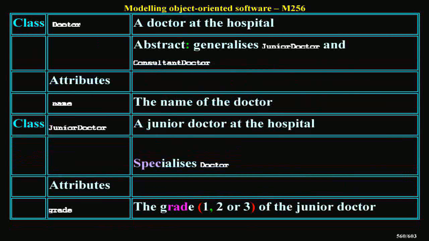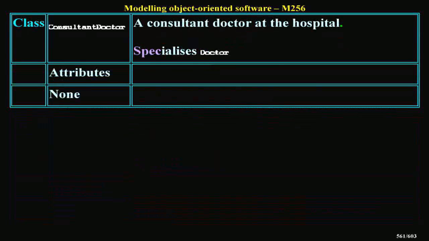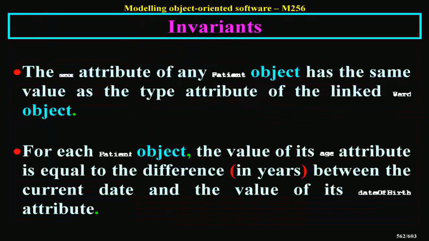Generalises and attributes: the name of a doctor class. A junior doctor at the hospital. Specialises. Attributes: the grade 1, 2 or 3 of the junior doctor class. A consultant doctor at the hospital. Specialises. Attributes: none. Invariance: the attribute of any object has the same value as the type attribute of the linked